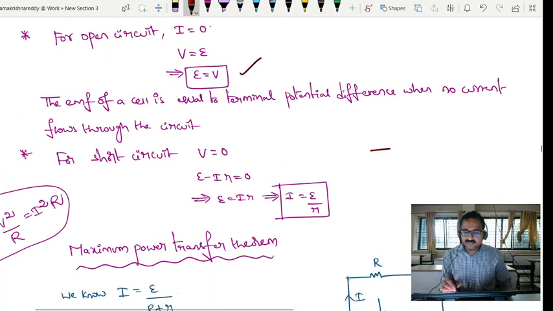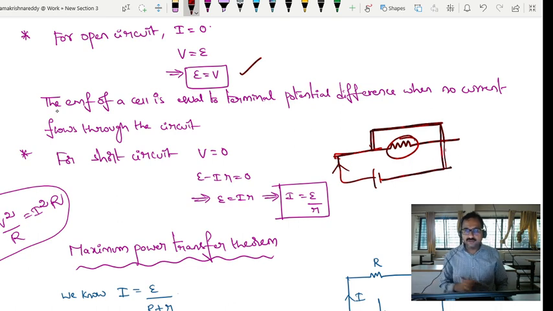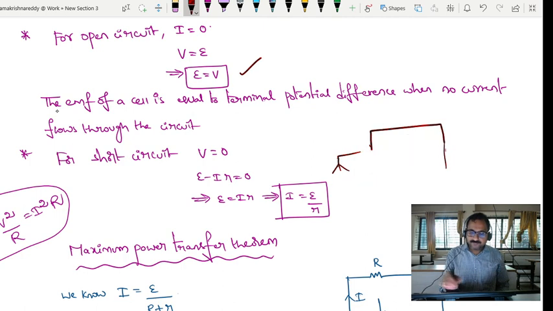Short circuit, in the sense, is simple only. This is the resistor. For that, we connect a wire like this. So that is nothing but this resistor is short circuited. Suppose it is connected to a battery like that. Imagine that. What happens? The current will not flow through this one. Directly it will go like this and come back like this. You know that one. It means the resistor is short circuited there. That is the meaning of that.